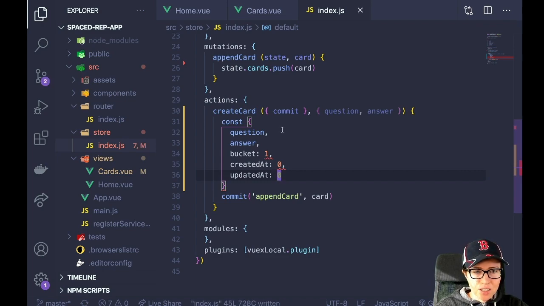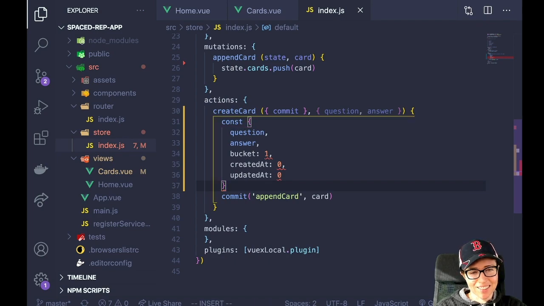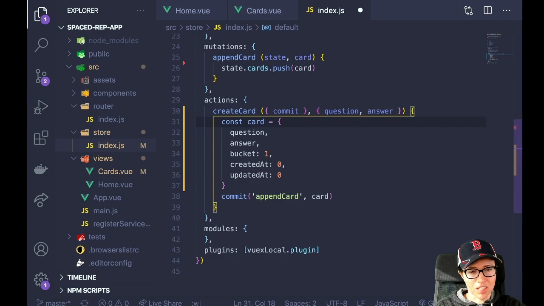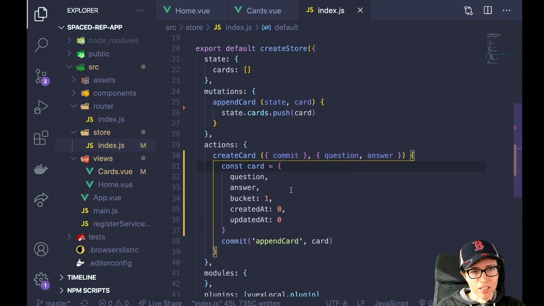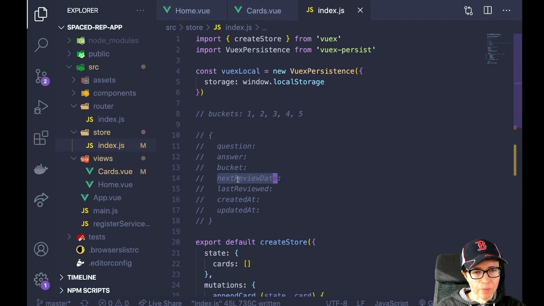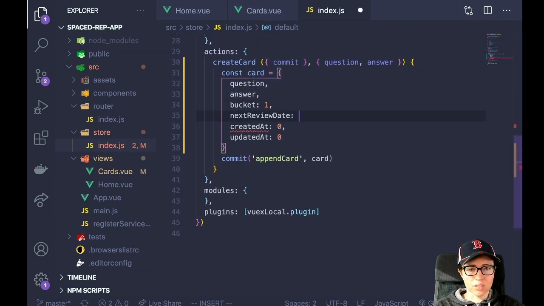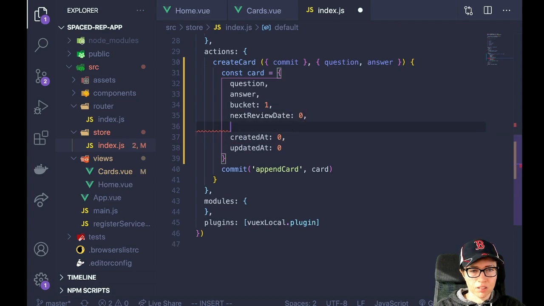So I'll do that. So what's wrong? Oh yeah, because this doesn't equal anything. Oh, what am I doing? I need to give this a name. So const card equals this object. That's what I want to do. I was wondering why it was weird highlighting there. Okay, so card equals this object. What else do I want? Oh yeah, next review date and last reviewed that I want on here. So next review date, last